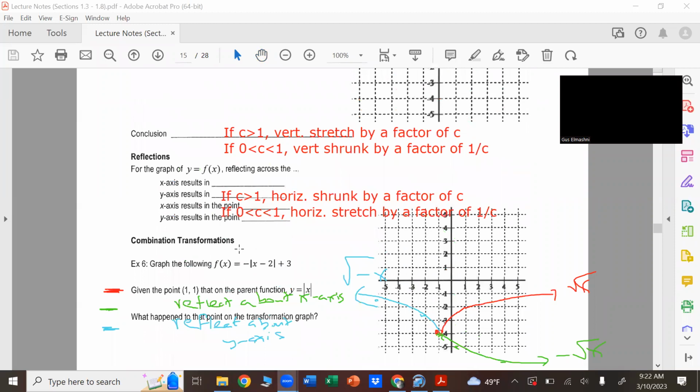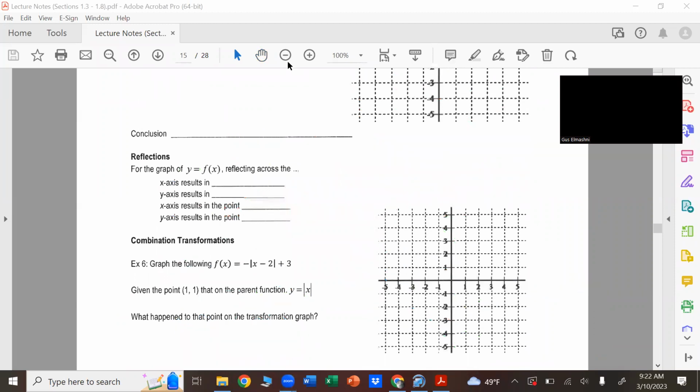So the conclusion is that if A is negative, reflect about the x-axis, and the next one that's a C. Sorry, that's an A. Reflect about